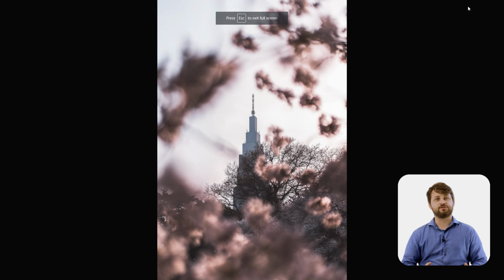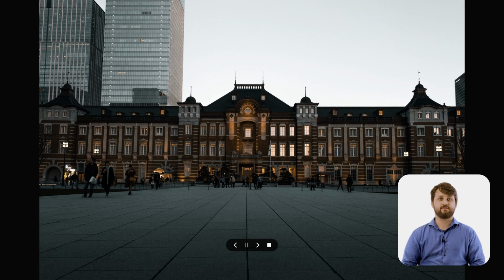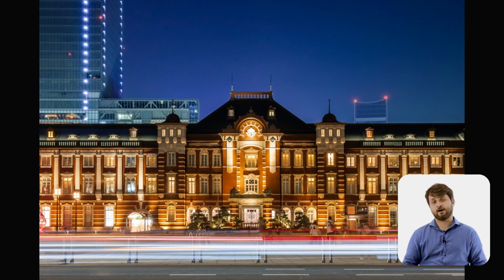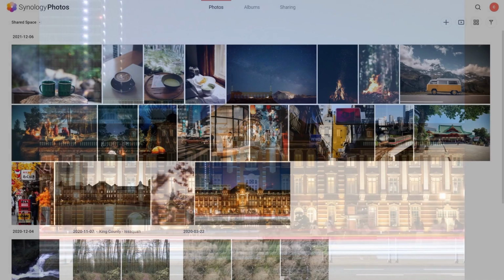And that's how easy it is to share out your photo albums utilizing Synology Photos. And this is, again, great for professional photographers who might have multiple portfolios that they want to share with differing clients. You can definitely use this functionality to share out your body of work whenever you're looking to get a new project signed on.